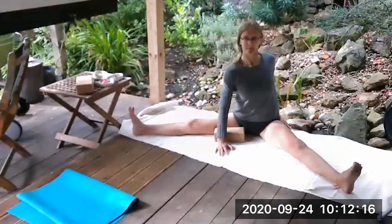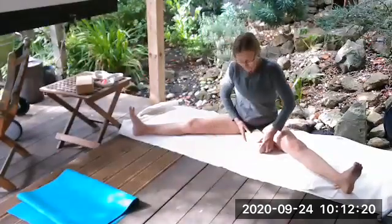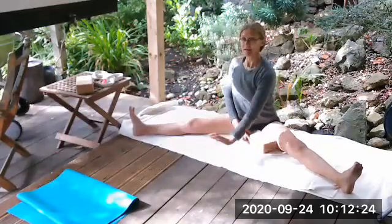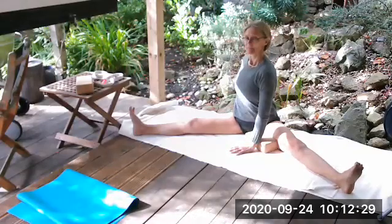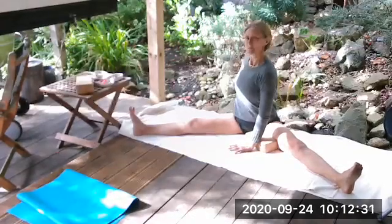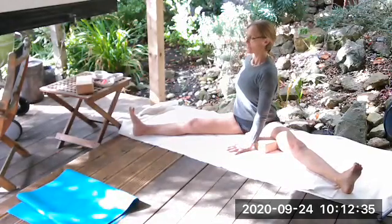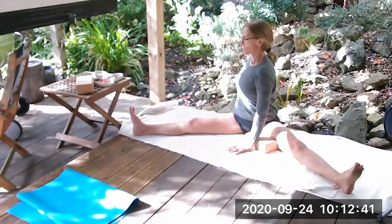And then come back to the center, and then you'll take your block and place it at the root of your inner right groin, along the inner right thigh. Right wrist comes to the block, and then you can bring your left hand behind. Now the block, as I said, is a reminder. So you do have to push a little bit with your right hand. And then on your inhalation, lift. On your exhalation, turn. And as you turn from the right side of your waist,